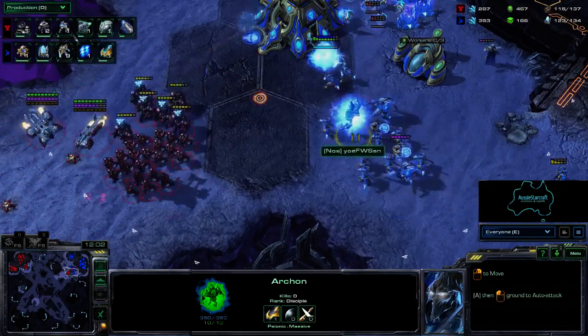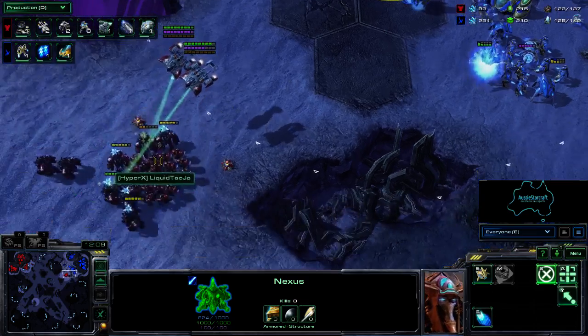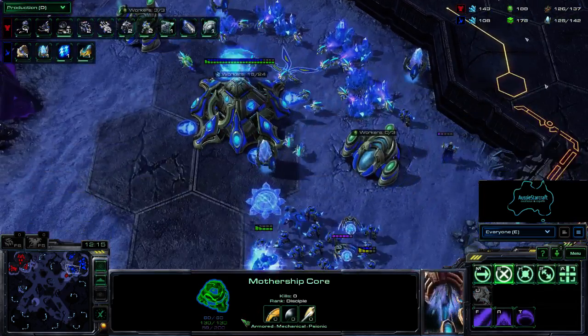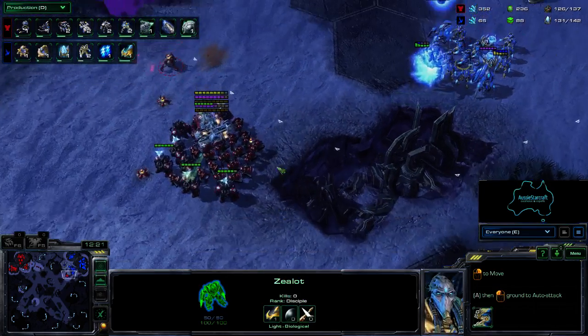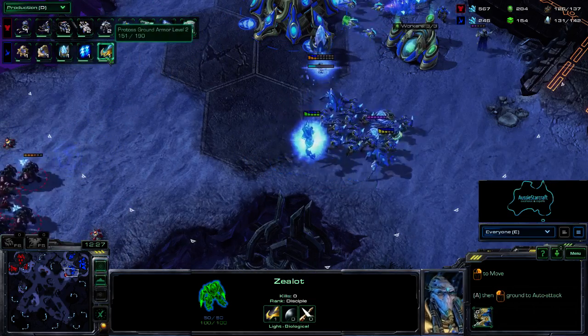We have 1 Archon here to do the DPS, and Photon Overcharge being forced out of the Nexus there. Question is, how will San defend this once that Photon Overcharge runs out? Not enough energy for a second one to follow. And mainly gateway units, a single Archon, so potential to warp in a few more Archons, but right now most